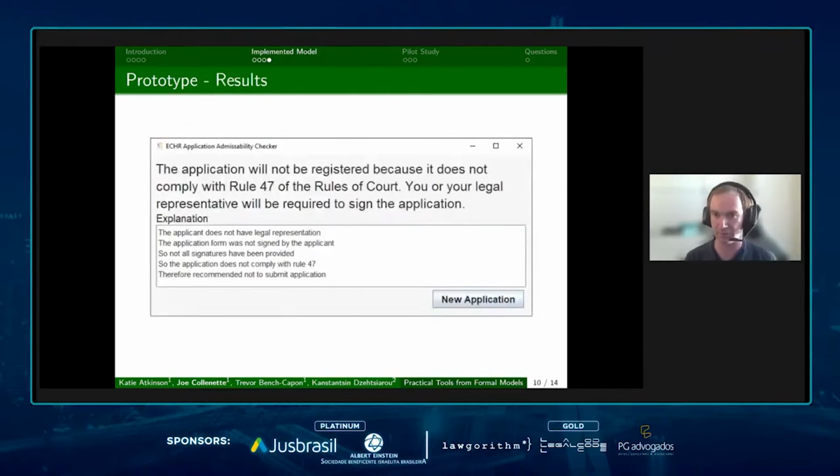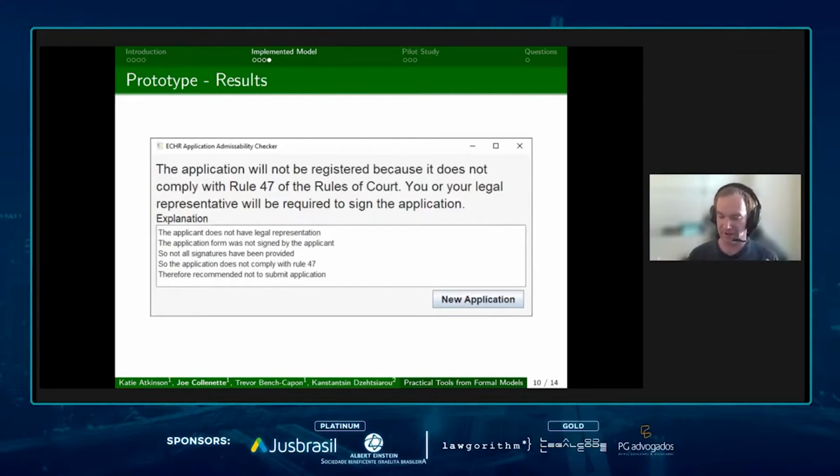And all questions are phrased as yes or no questions. So here's an example of what would happen at the end. You get the decisions at the top, and then the explanations in the text box underneath. In this example, the application won't be registered, and that's because the applicant doesn't have legal representation. The application form wasn't signed, so these would have been base level factors, so questions that would have been given,